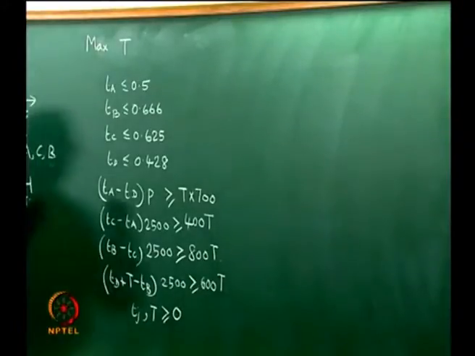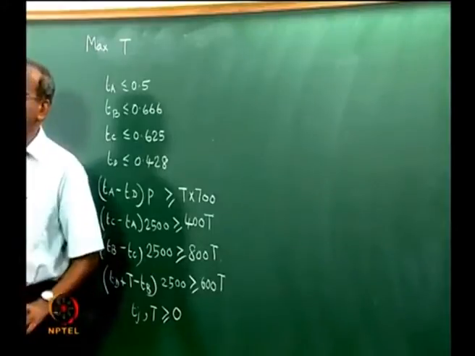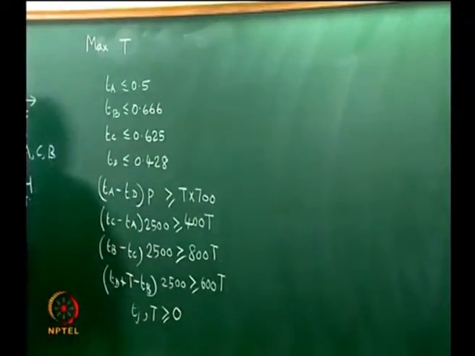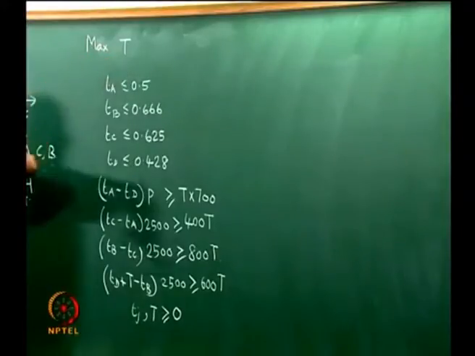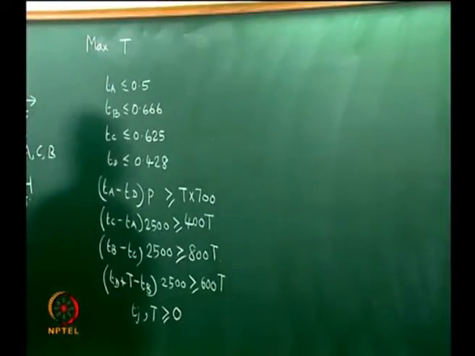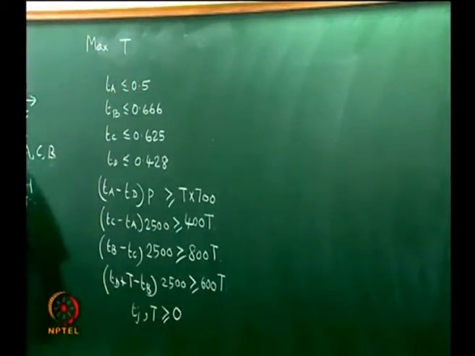If we had not made this assumption that the inventory holding cost is a constant, then we would get a nonlinear term in the objective function, where this T will appear in the numerator here and the T will appear in the denominator in the inventory term. Then you will have a problem with a nonlinear objective function and a set of linear constraints. So, the solution methodology becomes a little more complicated. So, let us first take a look at this as a linear programming problem,